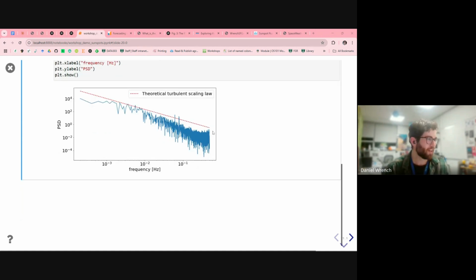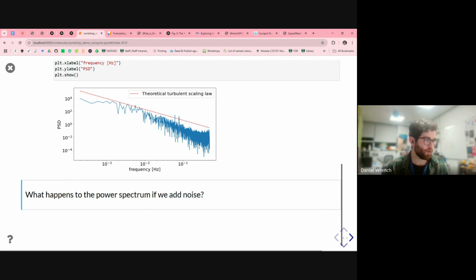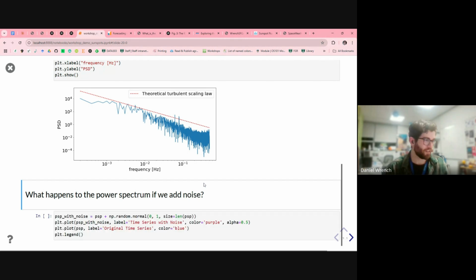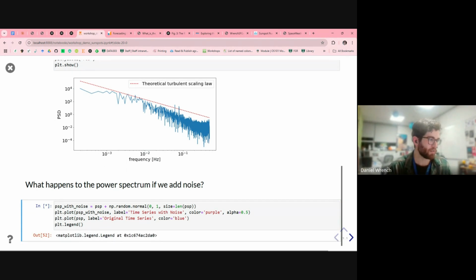So what I'm about to show is that this is probably an artifact and not a real physical phenomenon or aspect of the turbulence. Well, yes, there's the operative word here. And I'll prove it to you, just so I'm not making it up, by artificially adding noise. So again, perform this kind of Monte Carlo-esque simulation, even if it's just one.